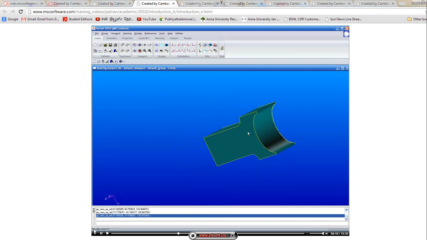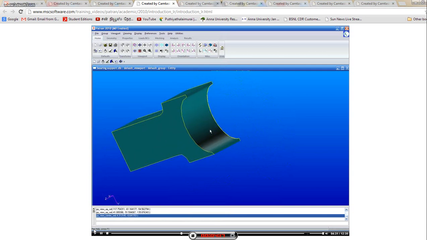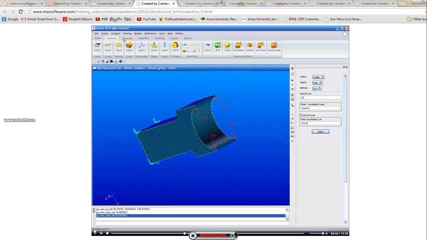To move the model, hold Shift and the middle mouse button. You can move the model right or left, and up or down. To zoom, use the combination of Control and the middle mouse button. You can zoom in and zoom out, or you can use the zoom in, zoom out icons under the Home tab. As mentioned before, I'm going to use the left mouse button for majority of my tasks, including building a